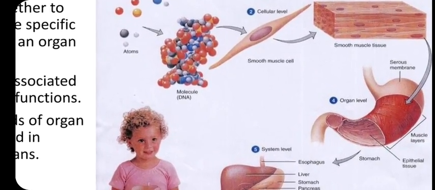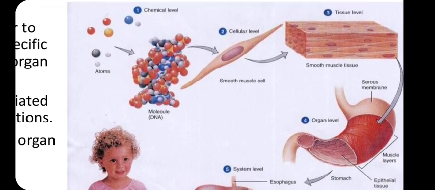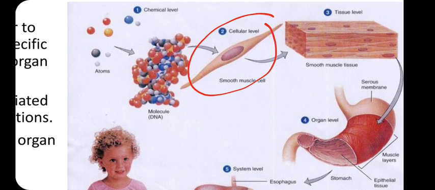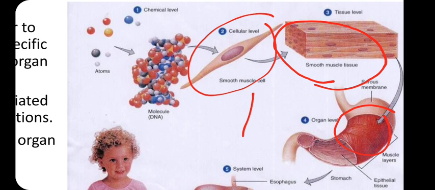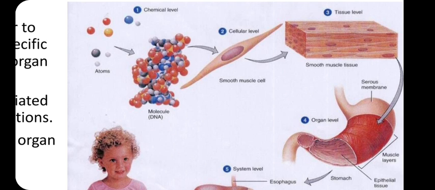So there are atoms. Atoms form molecules, and the molecules then form the different cells. See here, there is a cell. Here we are talking about a smooth muscle cell. Then a number of such muscle cells will form a tissue. And then next, what happens? You see here, there is this muscle tissue, then there is an epithelial tissue in the stomach. Okay, there are also blood capillaries carrying the blood. There are nerve fibers that are carrying the impulses.